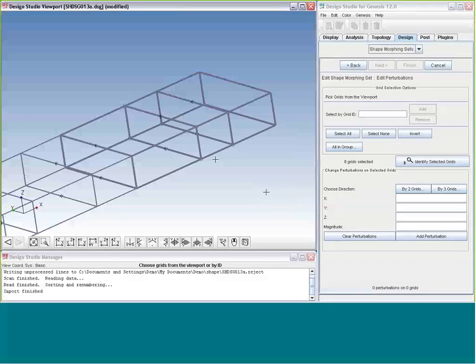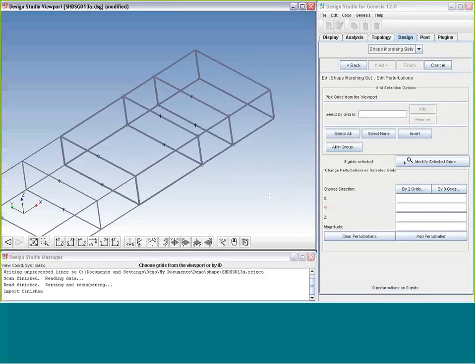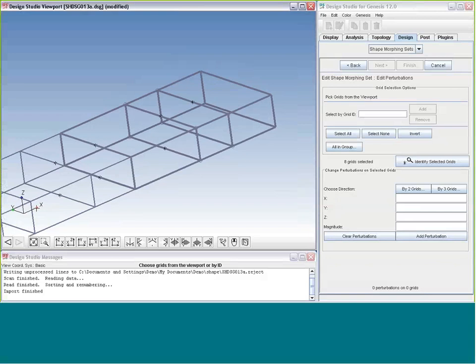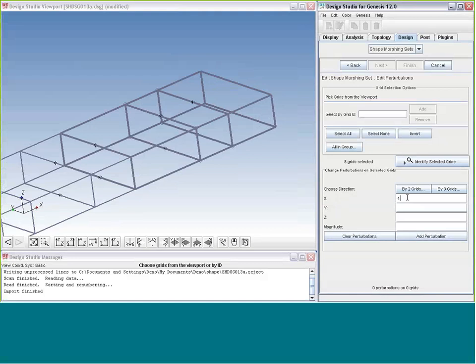And I need to pick the direction and magnitude of the perturbation. In this case, it's simply going to be along the x-axis, in fact, the negative x-axis. We have options to pick directions by picking existing grids. You can either pick 2 grids to pick a direction, or we could pick 3 grids to get the normal direction. In this case, it's too simple, so I'll just simply type the direction myself and the magnitude and add